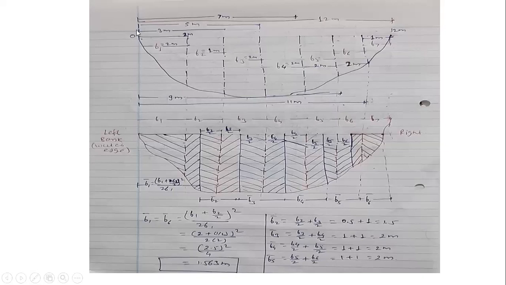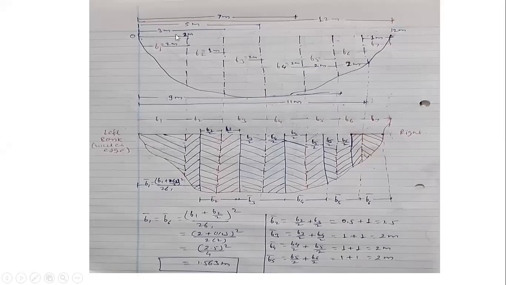Here I have shown the river section. You may draw side by side. This is a river section, and the distances at which the observations are taken, those I have marked here. So first one is 0, that is the left water edge. Then the first set of readings were taken at a 2 meter distance from the left water edge. So this vertical is at 2 meters. Same I have extended below. The dotted central line indicates the position of verticals, means where the depth is measured and the velocity of flow is also measured.